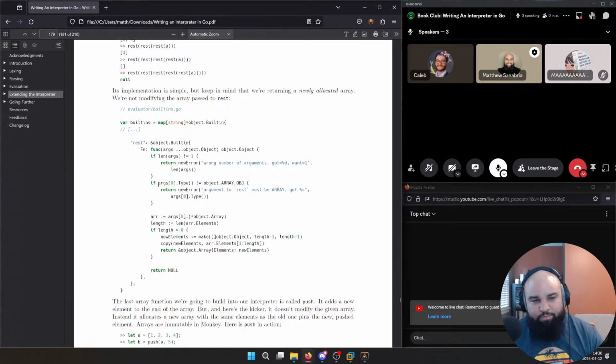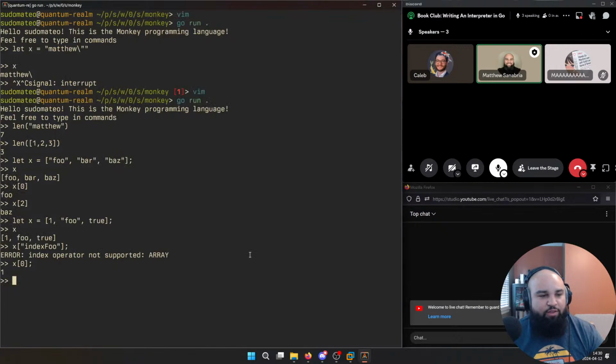So he was basically, I'm not going to say flexing, because he wasn't really flexing here. He was just saying, hey, look at the cool things we can do with the language now when we have more types to work with. So I thought this was pretty cool, and I can show you that on the command line. You can do first of x and you'll get the first element. You can do last of x and you get the last element. And you can do rest of x and you'll get all the elements except for the first one. So pretty cool.